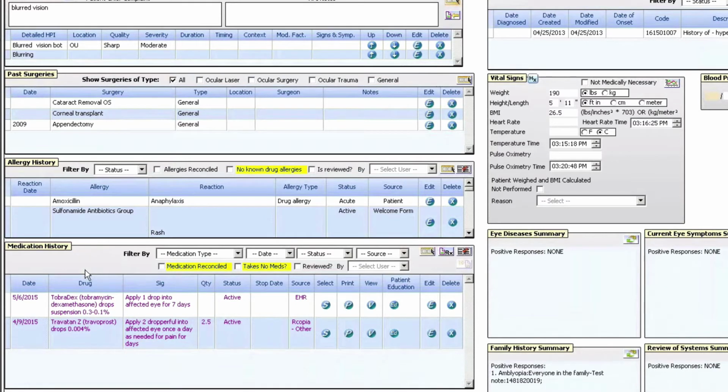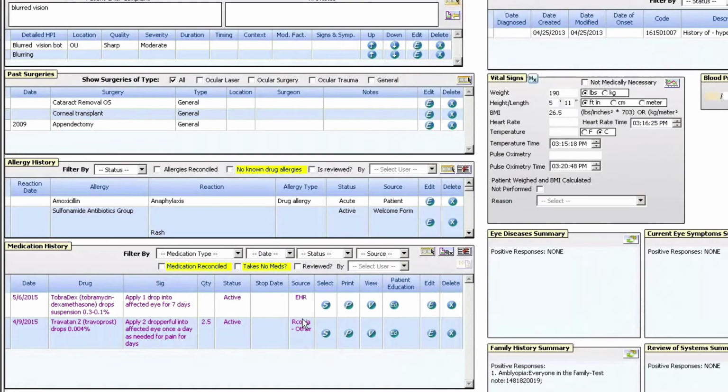Your medication history is also another key differentiator. You'll notice over here underneath the source information, we have a source of EHR and then a source of Arcopia Other. MaximEyes EHR has a bidirectional integration with Dr. First Arcopia, which uses the national database SureScripts to import any medications that the patients either had processed by insurance companies or have been electronically prescribed. You can simply launch the ePrescribe module,